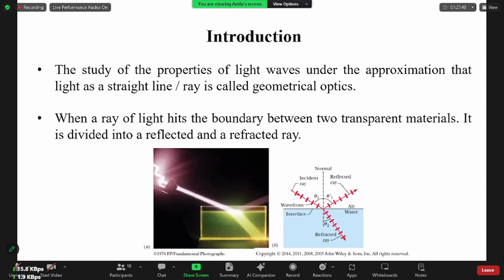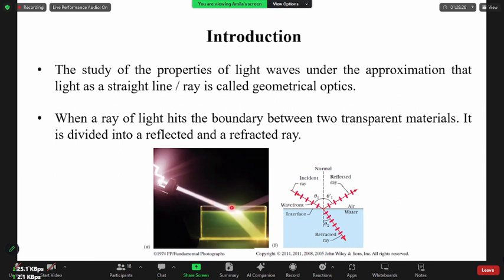But here, under geometrical optics, we approximate the light wave as a straight line, which we call a ray. So studying the properties of light, treating it as a straight line or ray, we call geometrical optics. So when a ray of light hits the boundary between two transparent materials like this,